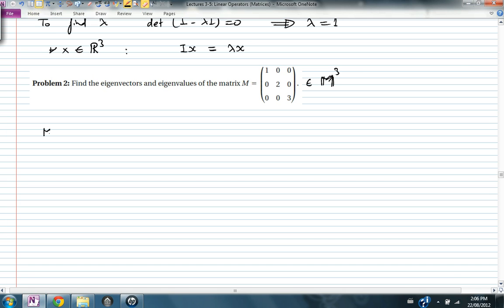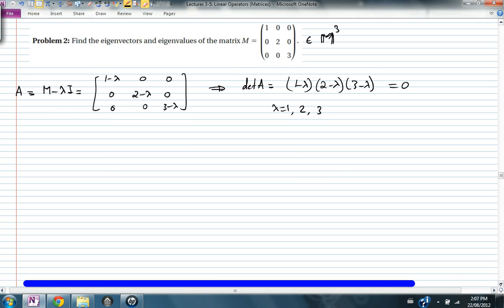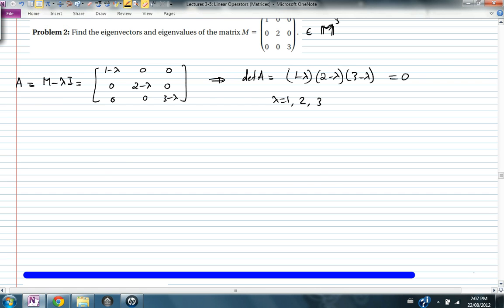So what's M minus lambda I? I want to make this matrix not invertible. So 1 minus lambda, 0. I'm going to call this matrix, let's say, A. The determinant of A is equal to 1 minus lambda, 2 minus lambda, 3 minus lambda. If I make this 0, therefore lambda equals 1, 2, and 3. These are 3 possible eigenvalues. To find the associated eigenvectors,